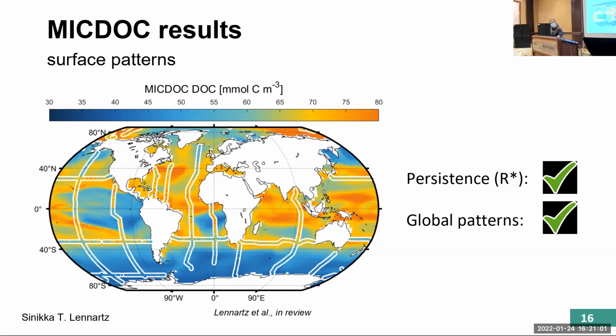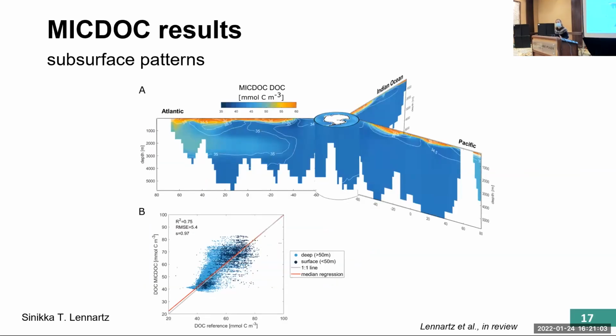So what was surprising to me, however, was that when we think about macronutrient limitation, we mainly think about the surface ocean because that's where we have low nutrients. However, implementing this process also helped to reconcile the subsurface patterns. So we're capturing actually with just implementing this process 70% of the variance in this reference data set, which is more than 30,000 measurements. And I want you to pay especially attention to the Atlantic, because there you can see